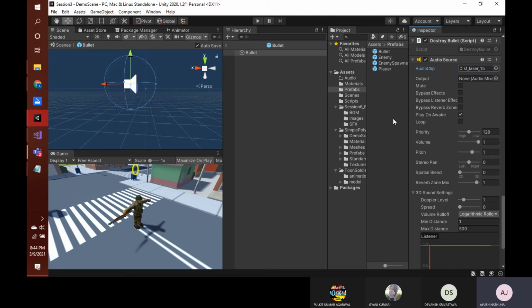Okay, and we have this play on awake option, which is already ticked. This means that as soon as this object is created, the sound will be played. We don't want to loop this sound because we just want one laser effect sound. And then here we have this spatial blend from 2D. We need the sound to be 3D.